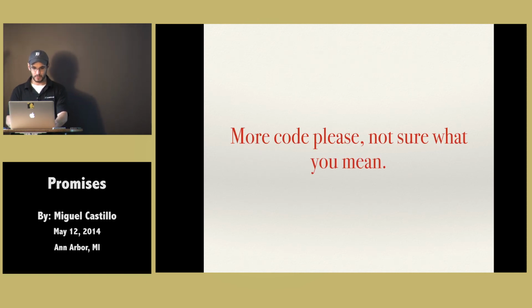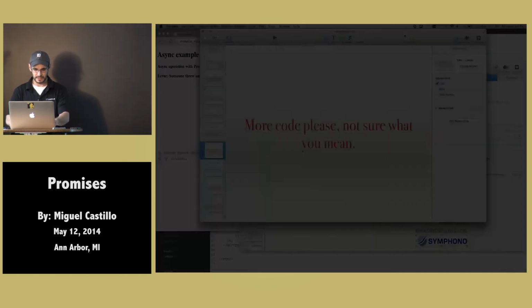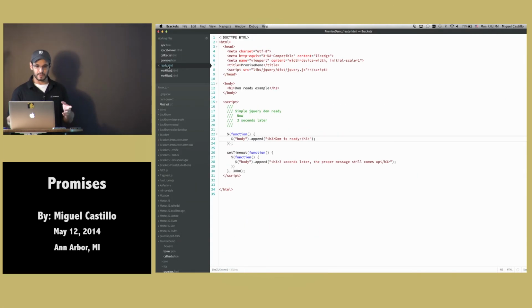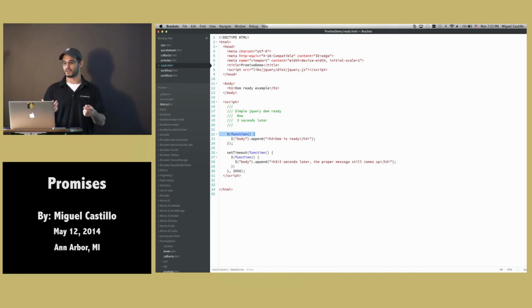More code. I'm going to skip that one. Actually, no, this is interesting. For example, for the DOM in jQuery, you have onReady. This is the new onReady thing where you pass $ a function, and you get a callback. The DOM, whenever it's ready, it's just ready. It doesn't matter when it happens. It could be now, it could be 30 minutes from now. You're always going to get a successful callback.